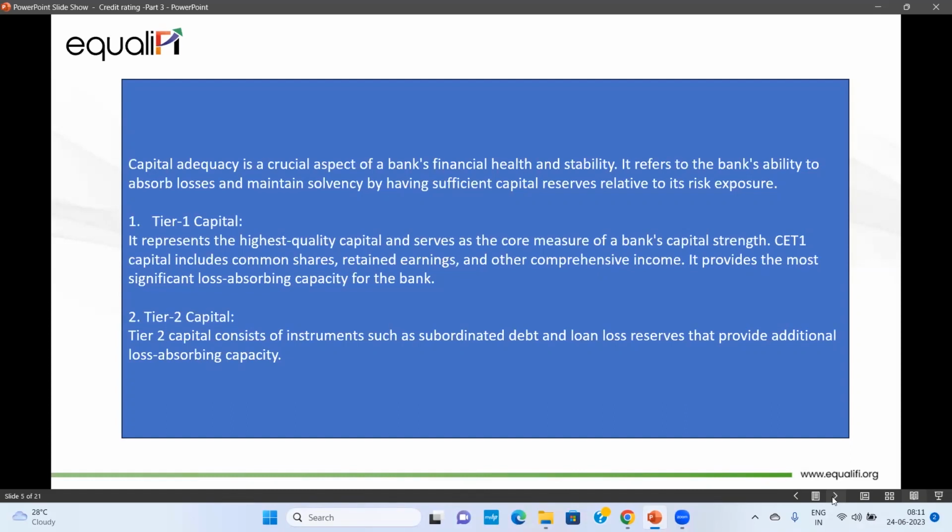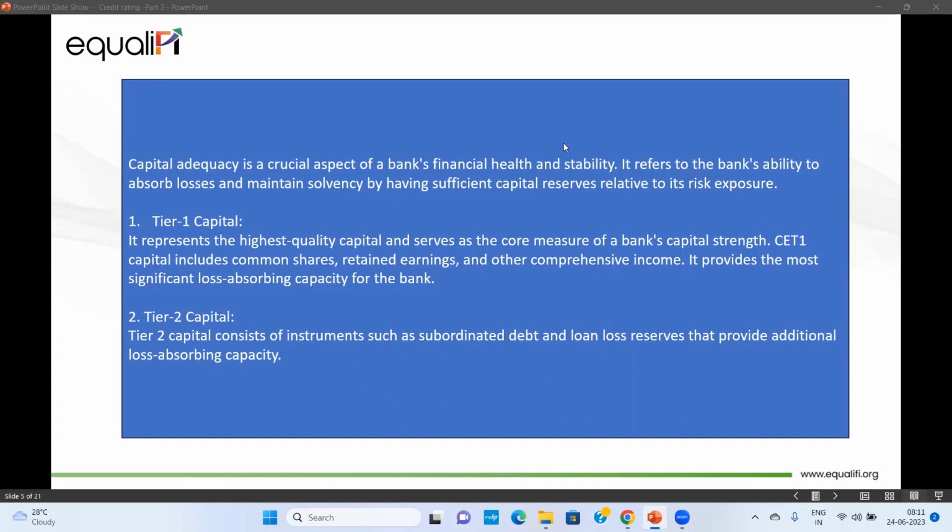Can anybody say what are the provisioning norms of the bank? When does a bank start provisioning of a portfolio? Any idea? And how does the provisioning go? Exceeds 90 DPD, you are saying, right? 90 DPD. So when it crosses 90 DPD,